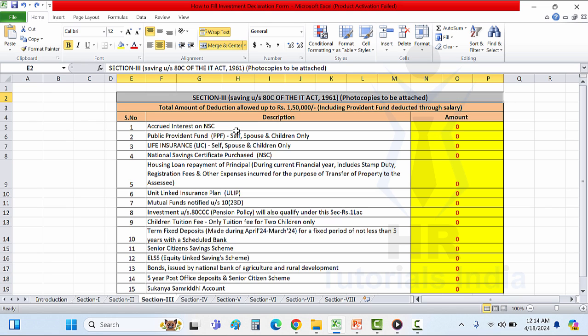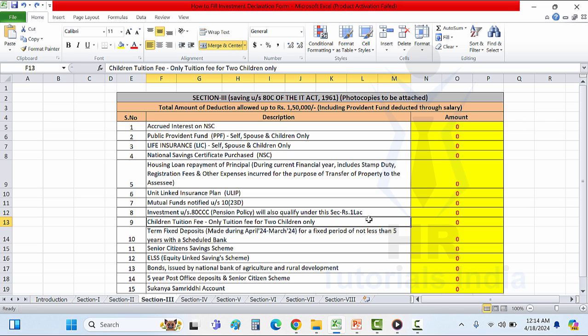Now let us see what all are exempted under the section 80C. Accrued interest on NSC, public provident fund PPF, life insurance scheme, that is LIC, or any other insurance policy for self, spouse and children, NSC, National Savings Certificate purchased, home loan repayment of principal amount, which also includes the registration fee, ULIP, unit linked insurance plan, then mutual funds. Then comes investment under section 80CCC, pension policy which also qualify under the section, and the limit is up to